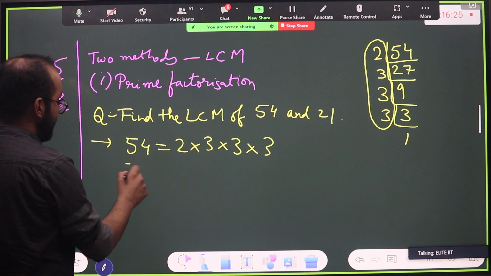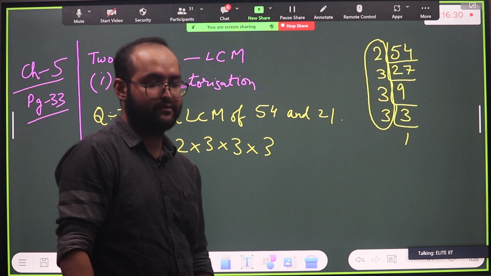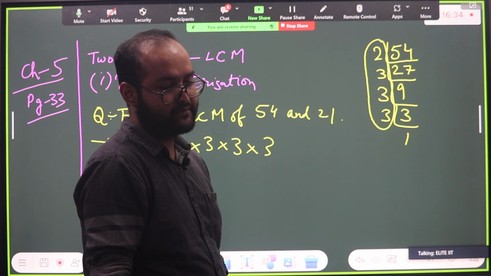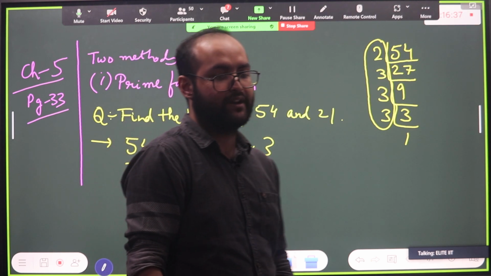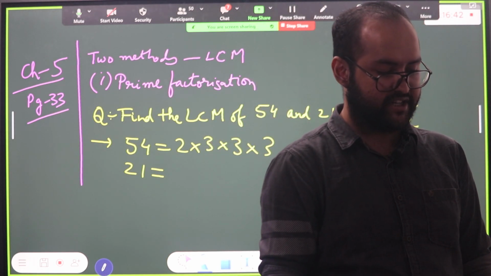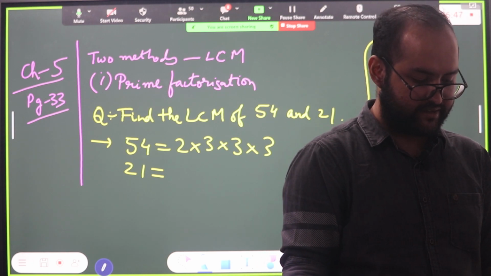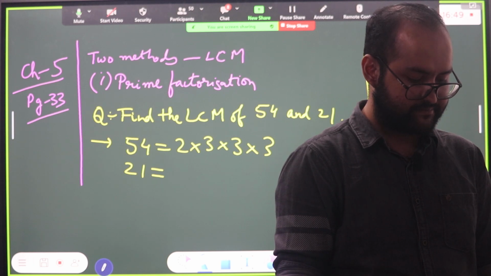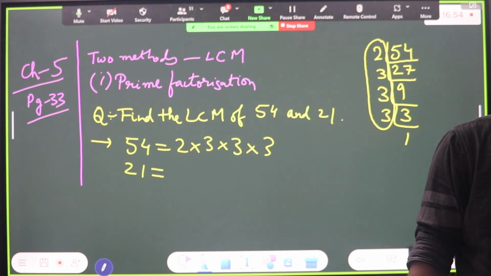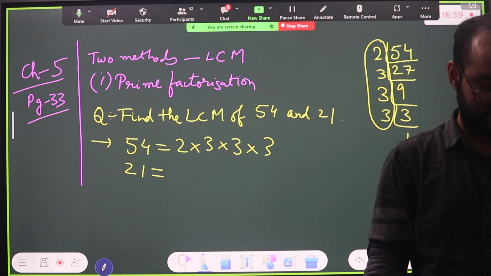Now what about 21? Digant, what about 21? Do 21 and tell me. Write the prime factors of 21 and tell me. Digant doesn't have a book also, so I don't need to worry about him cheating from the book. Let me see what Digant does. Write it, Digant. Fine. Write 21 as product of prime factors. Write it. Do it.